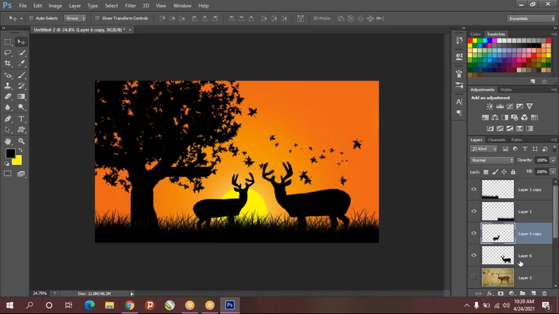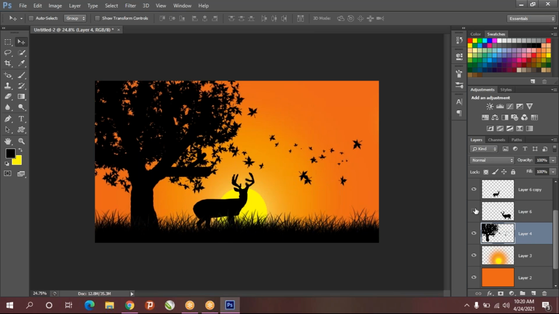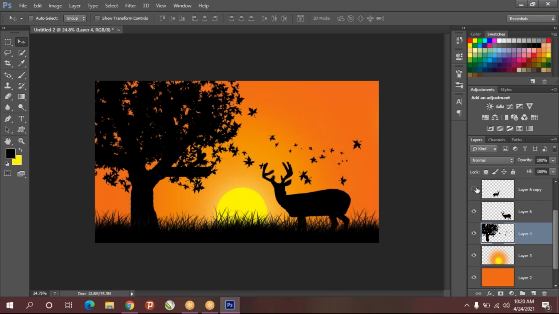So always create different layers so that you can understand easily. Suppose if you don't want, you can delete it easily. See, delete. And if I don't want that tree, I can hide the tree. If I don't want only one, both I don't want, you can remove. But if you make it in the particular layer, you can't delete or re-edit again. Because you have to do undo and redo, undo, redo. So it will take a lot of time and your work will get wasted.